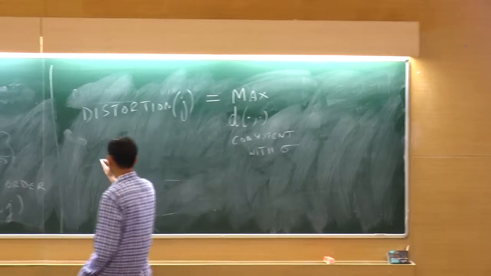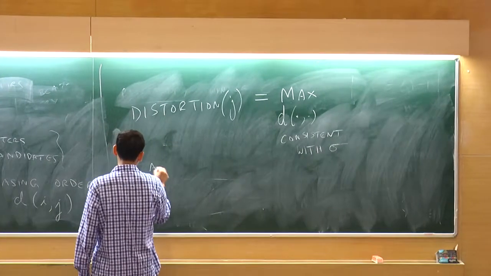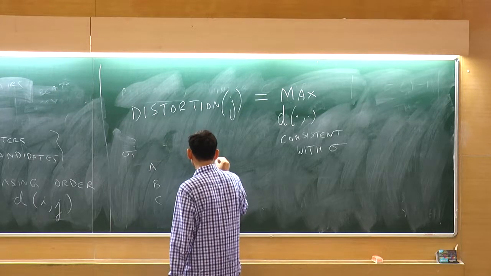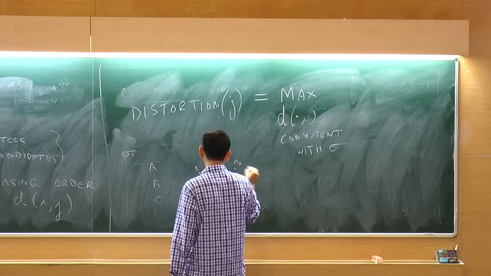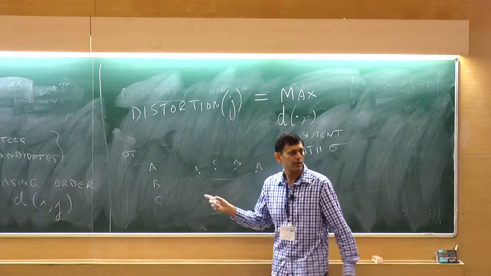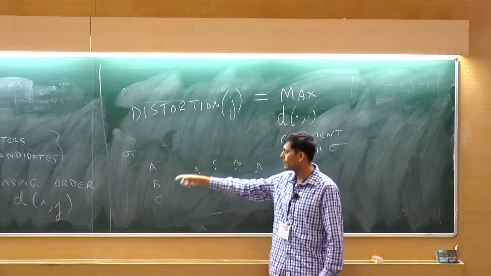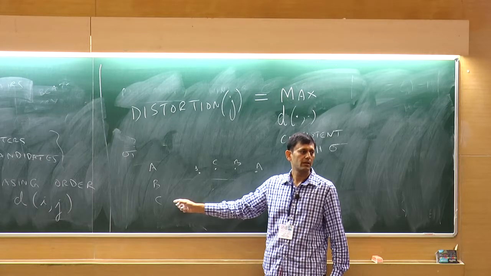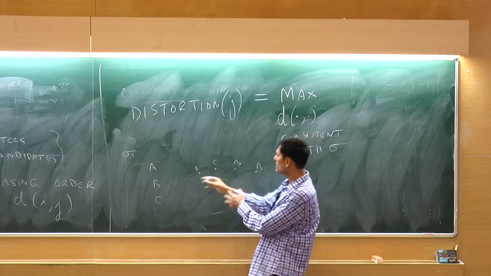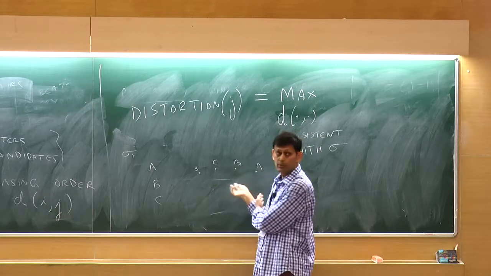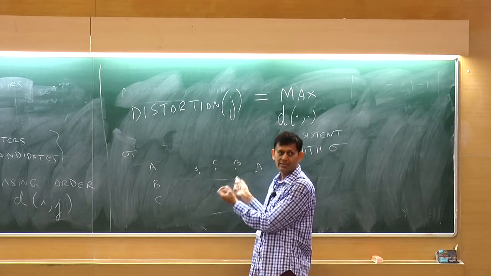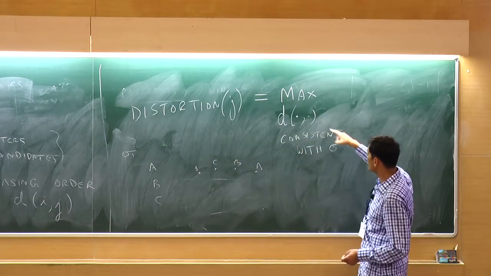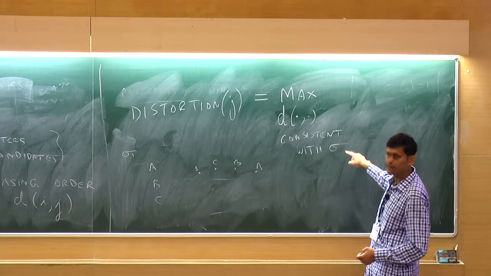So for example, let's say this is sigma 1 and sigma 1 is A, B, and C. Then it cannot happen that on a line, the positions are C, B, A. That's not possible, because sigma 1 ranked A above B above C. So this metric space cannot be consistent with the ranking A, B, C. So you take a max over all metric spaces which are consistent with this ranking